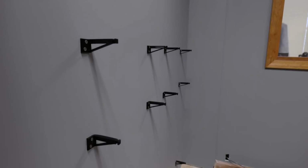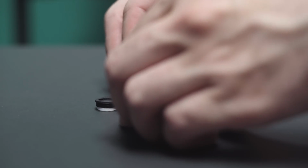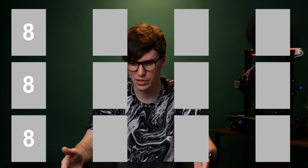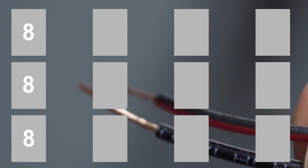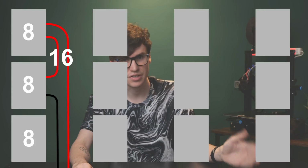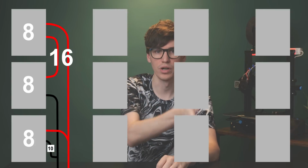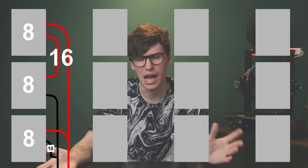Once all that was done, I could put the speakers up, and it isn't quite that simple. So I did try to manage the cables as well as I could by running them down the side and zip tying them, but, well, there's 12 individual exciters and they're all 8 ohms each. Dividing these up into 4 groups of 3, I'd have to figure out how to load these on an amplifier. What I decided is to run the top 2 in each row in series, so that gives me 4 groups of 16. But then I have the ones on the bottom. Well, I decided to series those individually with 10 ohm resistors. And then when I parallel each row into just one column of speakers, I'd get a roughly 9-ish ohms load. You could come up with a more exact number if you do the math, but